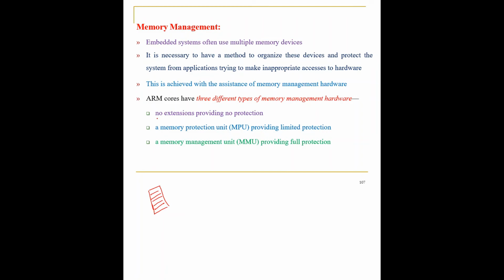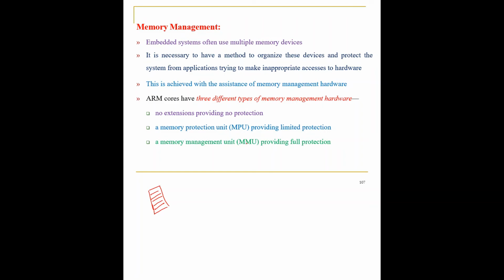One is called no extensions, providing no protection. The next one is called the memory protection unit, providing limited protection. The third one is the memory management unit, providing full protection. So basically, you can have three types of hardware core extensions in order to protect the memory, depending on your